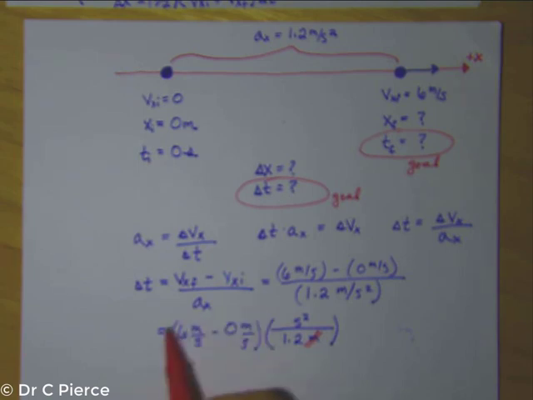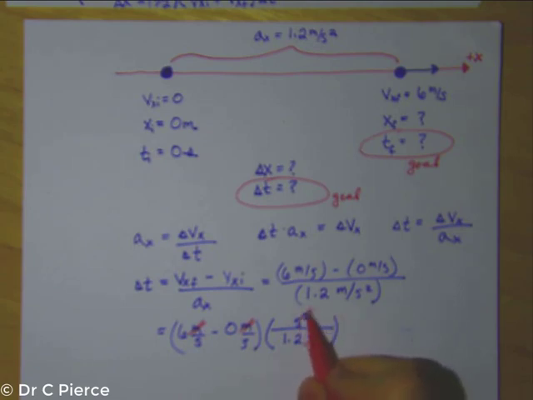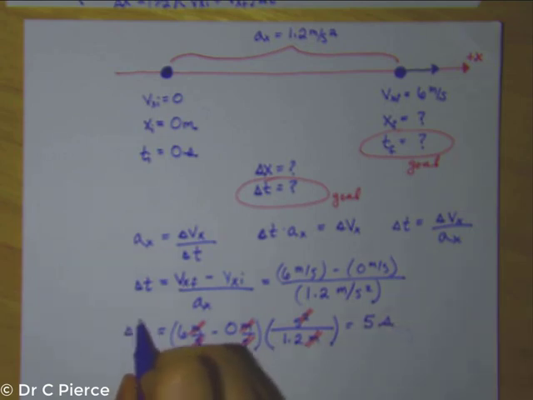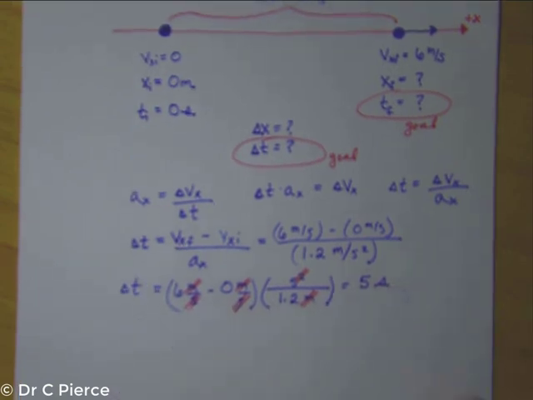So then this meter down here can cancel out with a meter in each term of this. So we have a per second and a per second. So then that can cancel out with a second in the numerator. So the second squared will just become a second, canceling those out. So 6 divided by 1.2 is 5, and the units are just seconds. So our time interval is 5 seconds. Now we can use that to find that our answer here is just letter E,